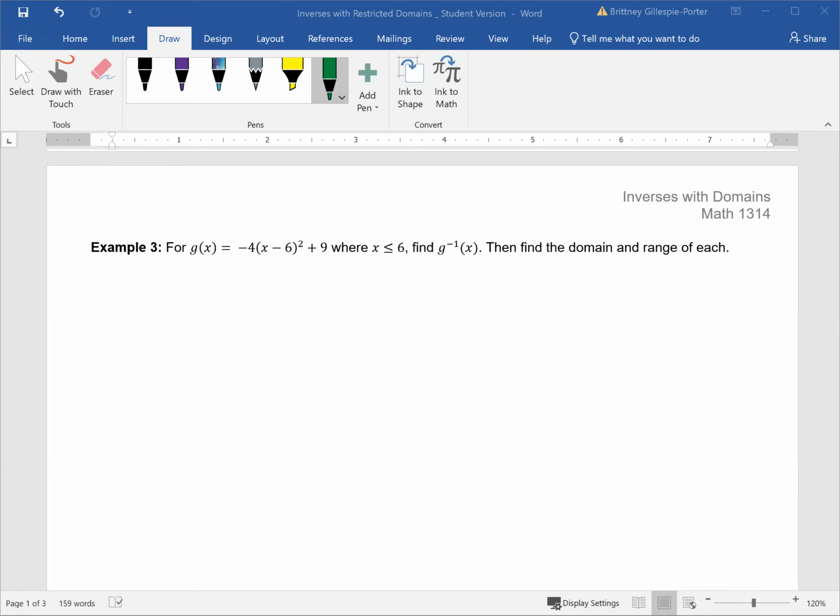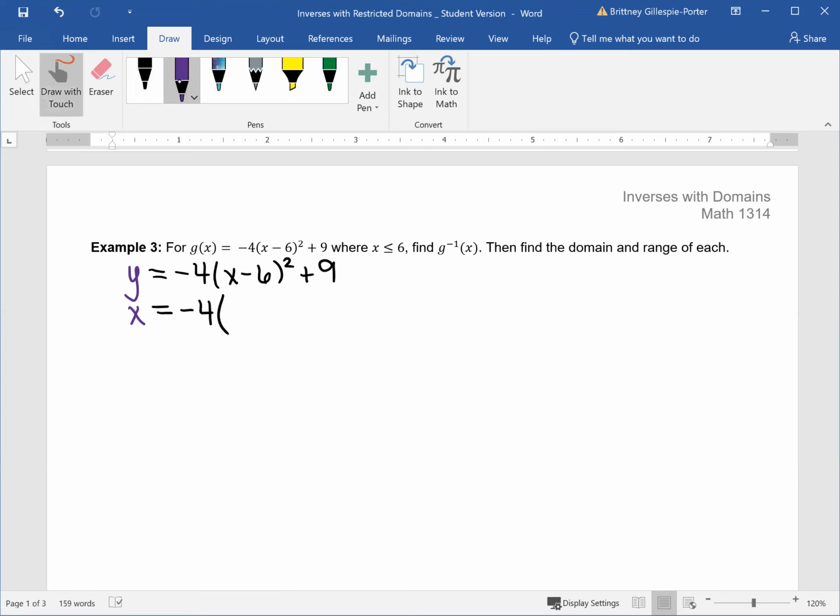Okay, so let's talk about our friend, the polynomial, the quadratic polynomial specifically, that has a restricted domain where we have x is less than 6. So when we start doing this, first step, replace the g of x with y, just like we have been. And then our next step is to flip the x and the y. So instead of y equals, we're going to have x equals